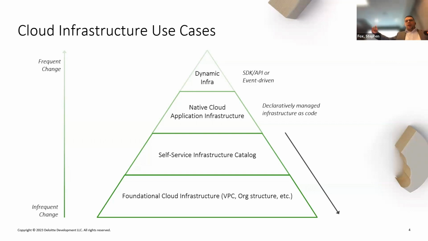Then you get to the application infrastructure layer. You might have supporting infrastructure that gets deployed along with an application. You can think of a Pub/Sub topic that gets deployed alongside a container on GKE. And then finally, you might have event-driven infrastructure, and typically that's not the best use case for declarative infrastructure as code. You might have some application resources that are dynamically creating what's considered infrastructure, but even when we talk about cloud resources, infrastructure can take ephemeral forms as well.